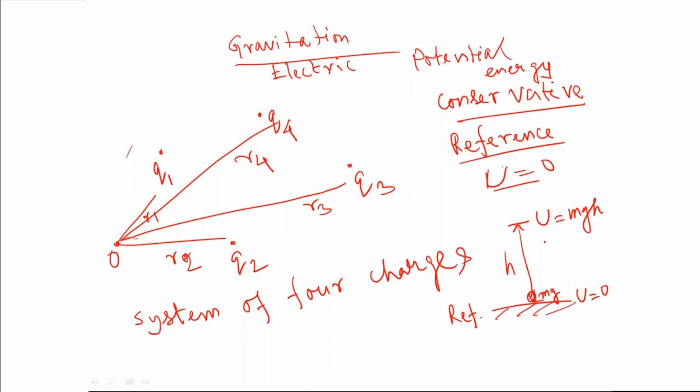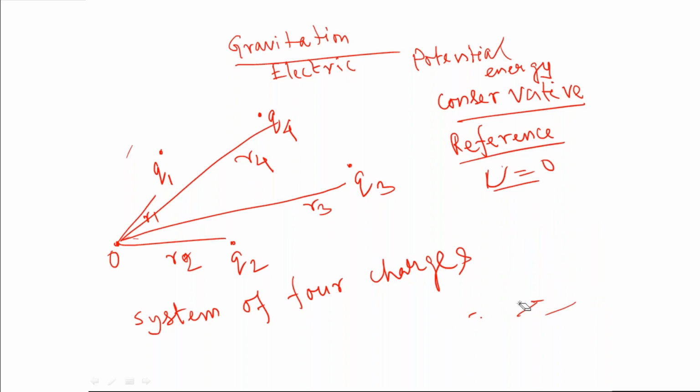Force into displacement. That is, mg is the force and displacement is h. This is the work I have done on the object to bring it up to this level, from the reference level. So in case of electrostatic force, what is the reference level you take? I take the reference level as infinity distance because if I write an expression for potential, you look,